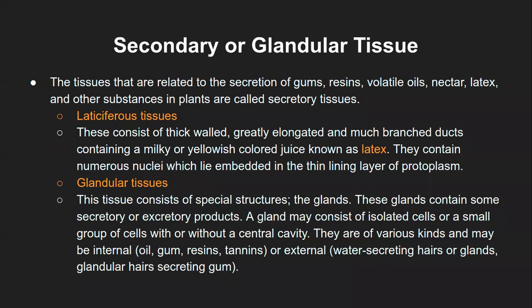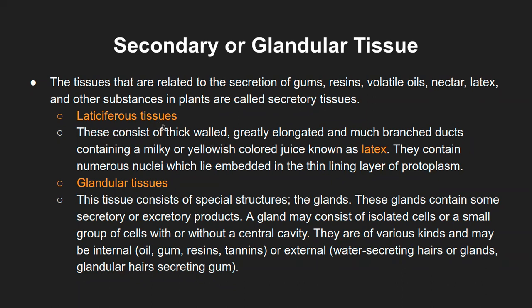The different substances that are secreted include gums, resins, volatile oils, nectar, latex, and so on. These are the various substances which are secreted by plants, and there are specialized structures or tissues which secrete these. Two of them we are going to see, that is